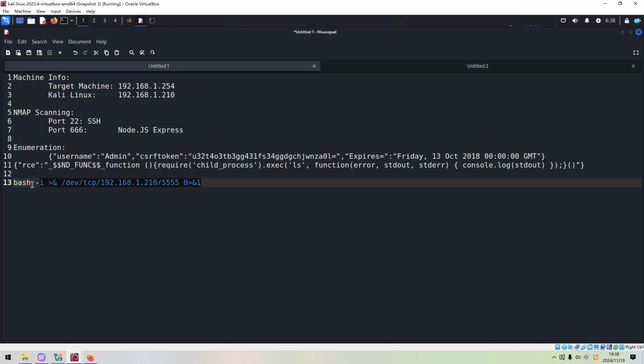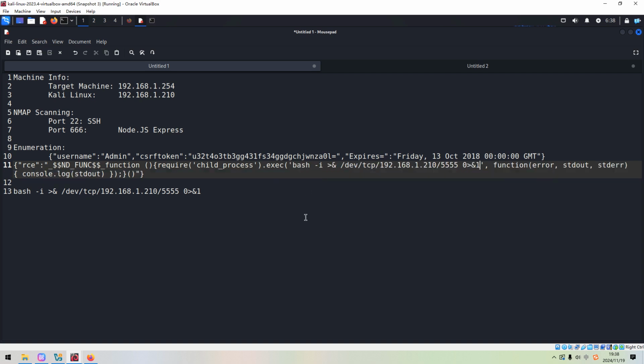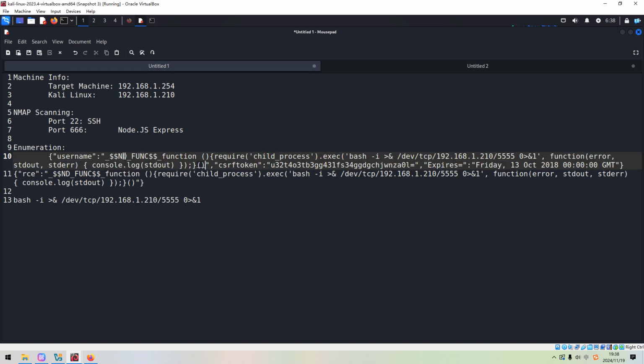So now we can copy this reverse shell command and put it in here. Okay, so I think that's it. And we need to copy from this to the end, copy and replace the admin. Okay.